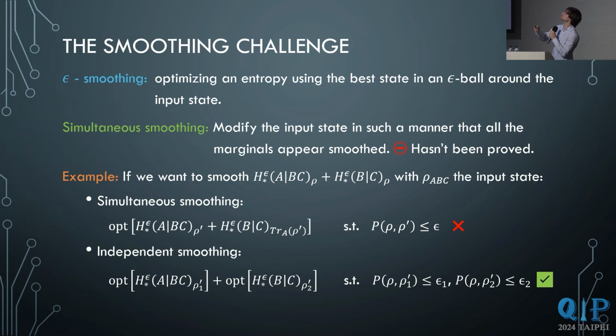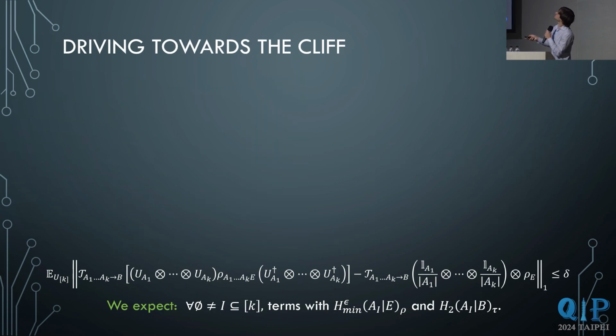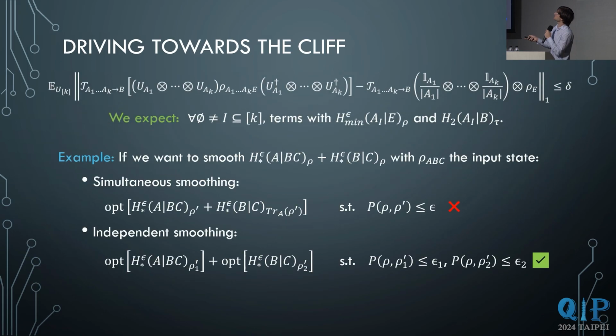And now if we return to the slide before, we see that all this set of entropies that we are expecting when sorting out this big partial trace here will always depend on this first term here. And now if we just put side by side this big expression here with the example before, we see that this looks like the first scenario here. Just hang on with me for a second and you will see, we will try now to bypass this thing, and with the trick, which is the main trick of this talk, the main issue.